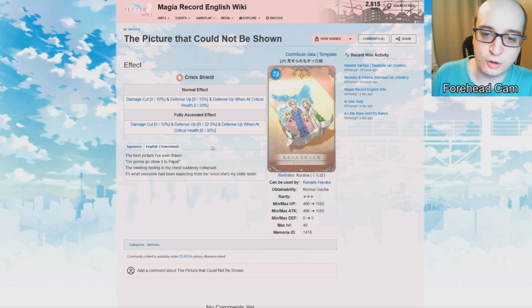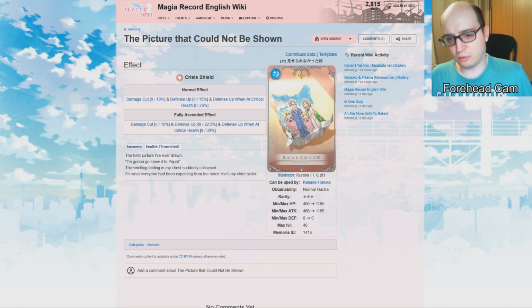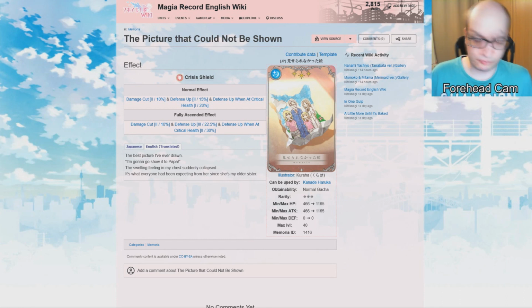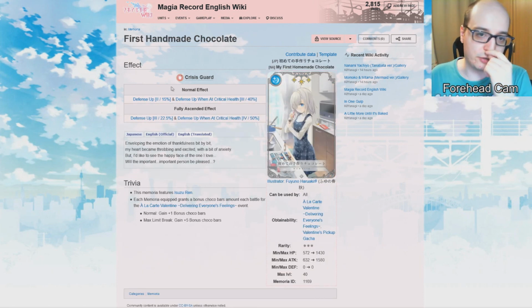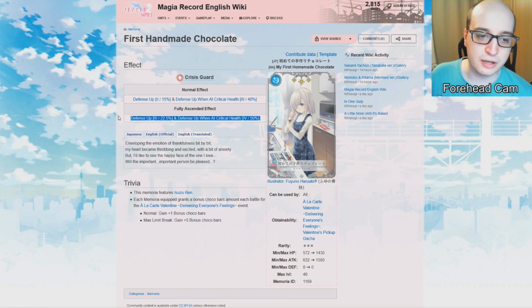You also have this, which is basically just the low rarity version of it, but it's the personal of Haruka. Haruka was already known as one of the best free-to-play characters out there for mirrors, and with this, if barrier actually becomes important, she'll be even more powerful. You also have first handmade chocolate right here, which is also another defense up at critical HP and defense up,